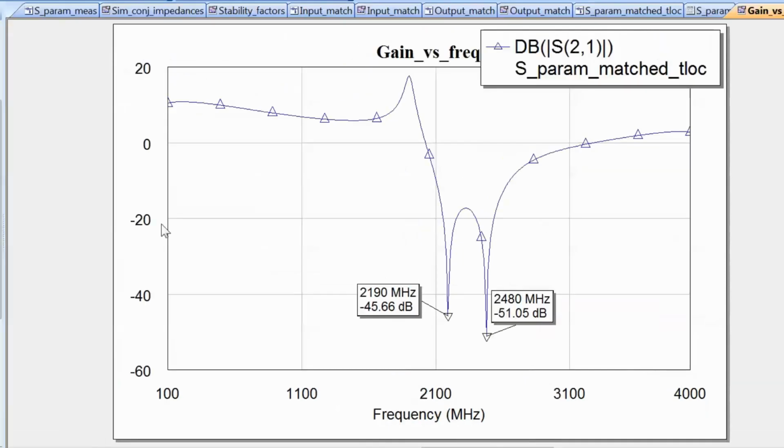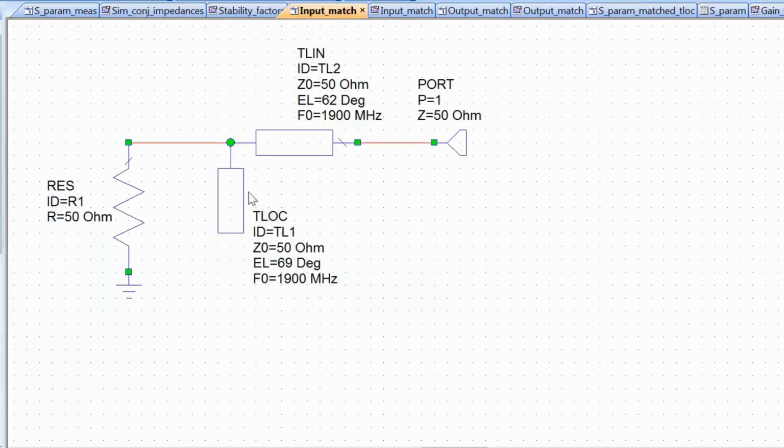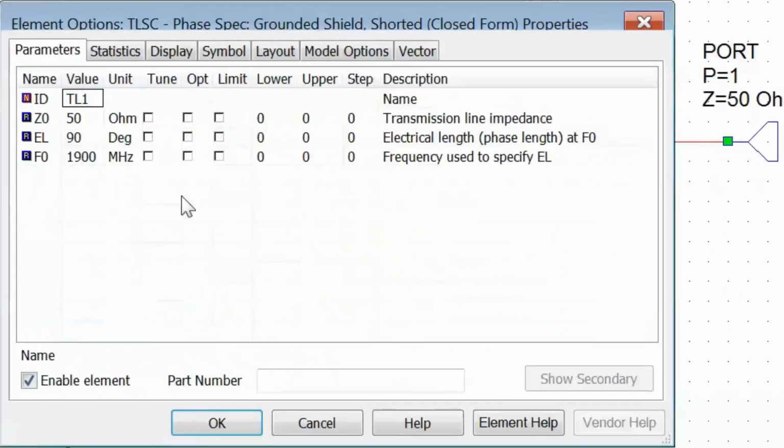Now lastly, what I'd like to do is carry out the match with short-circuited stubs, but still fully with transmission line elements, and see how this changes things. So let's go back to our input match schematic, and now what we're going to do is replace the open circuited stub with a short-circuited stub. We'll set its frequency to 1900 MHz, and also we'll double click on it, and we'll make it tunable. We'll tune it between 0 and 180 degrees in increments of 1,